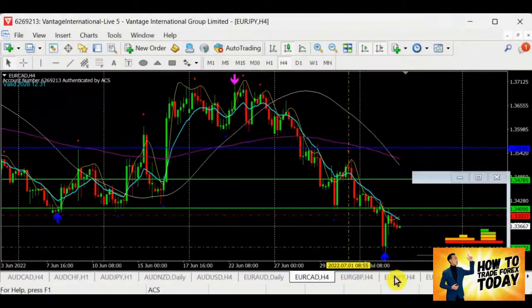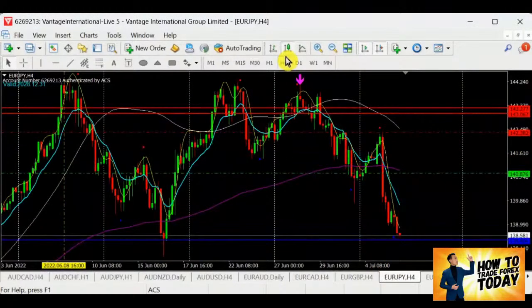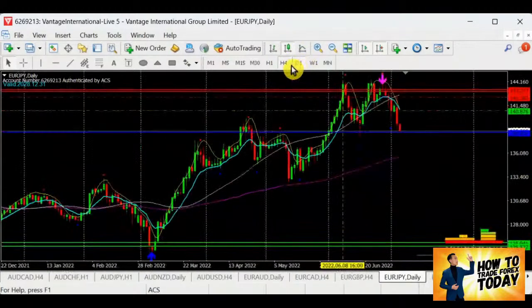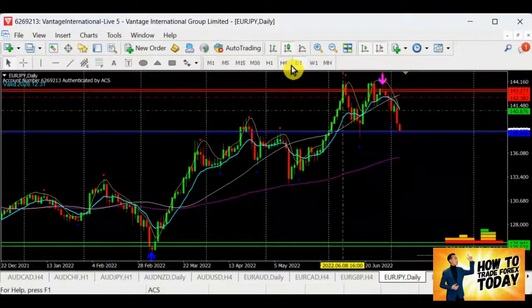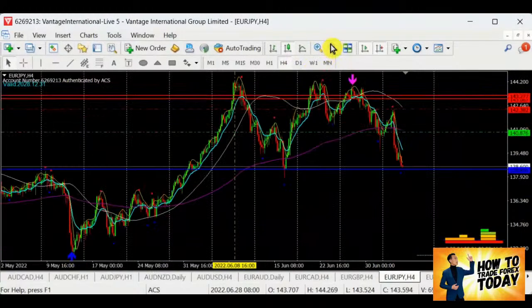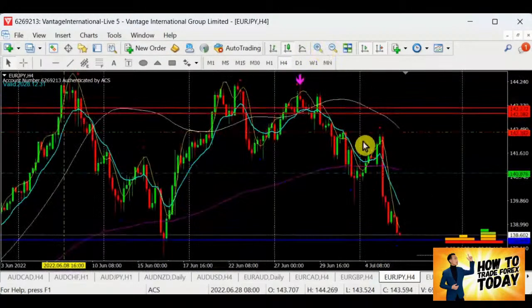Next to go, all right, I'm going to skip Euro Pound as we know the situation. Okay, Euro Yen, Euro Yen. So Euro Yen, very good. We are in the bear. So now we are going to sell for Euro Yen. So Euro Yen, since we are going to sell, as we can see, Euro Yen. Okay, this is the targeted area that I'm looking out for.